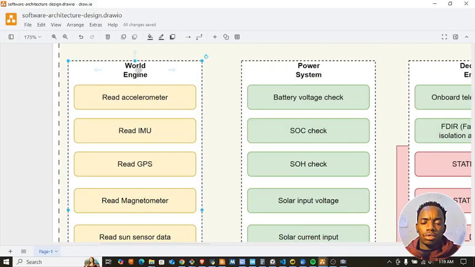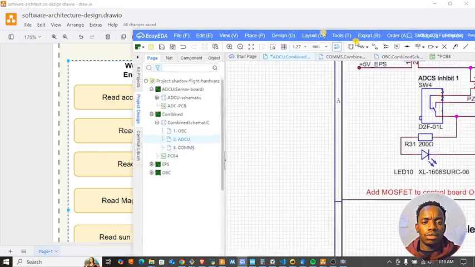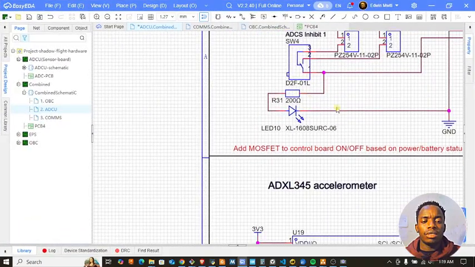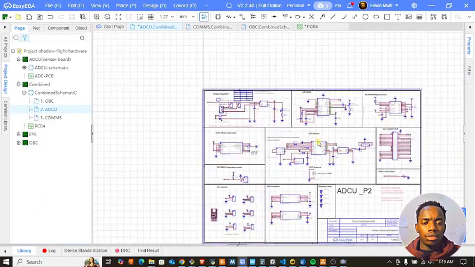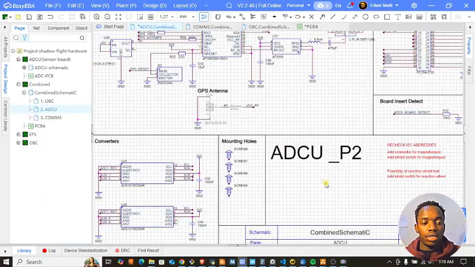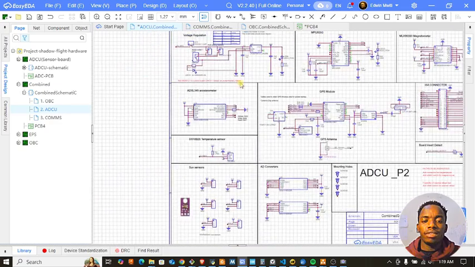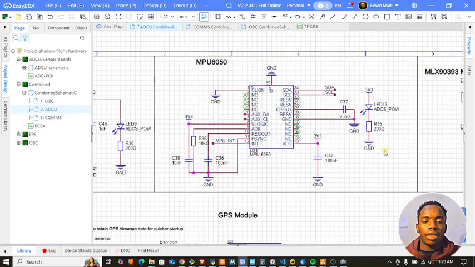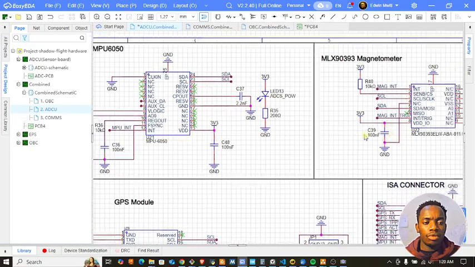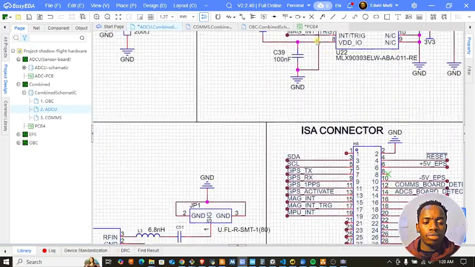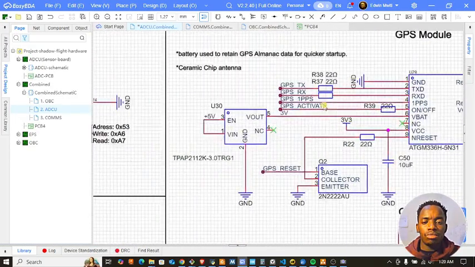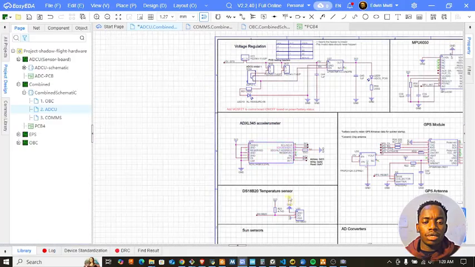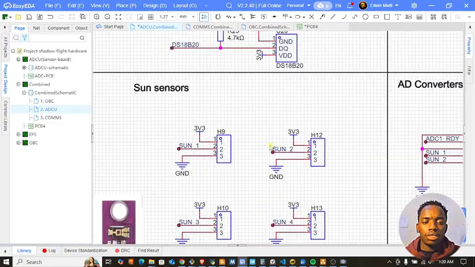Now, this system is basically, if you can see, I'll just open the schematic. This is the ADCU or ADCS. I'll rename that, but basically it contains the sensors that try to analyze the world around the CubeSat. So this has to do with the magnetometer, GPS modules, accelerometer, etc., temperature, sun sensing,